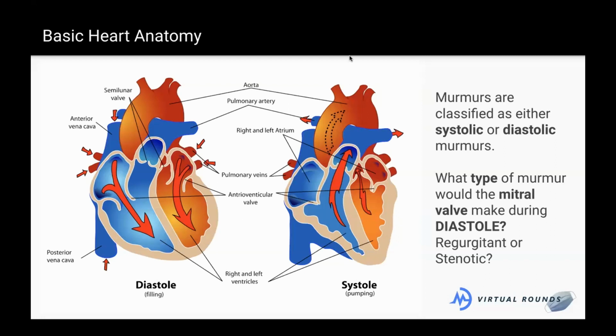Okay, we're seeing a little bit of mixed answers, but you guys are right for the most part. So this would be stenotic. For these two valves, if we're hearing a murmur during diastole, then we would be hearing the murmur of a stenotic valve, meaning this valve was too stiff. So I'm hearing blood rush through it when I really shouldn't be hearing blood rush through it.